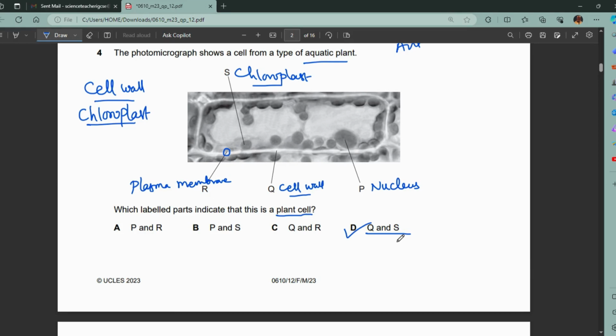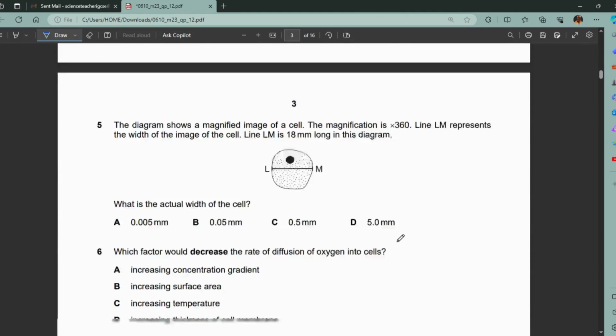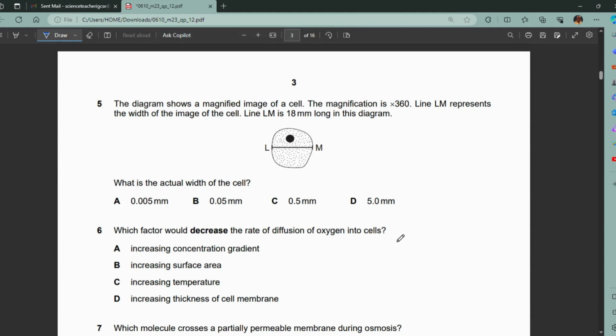So moving to the next one, the fifth question. The diagram shows a magnified image of a cell, and the magnification is 360x. Line LM represents the width of the image of the cell, and LM is 18 mm long. What is the actual width? Now do remember this formula. Any question on this, you can solve with this AIM strategy. Have your aim in your life while you're solving your question paper. Do have aim focus, right? So AIM: A is actual,